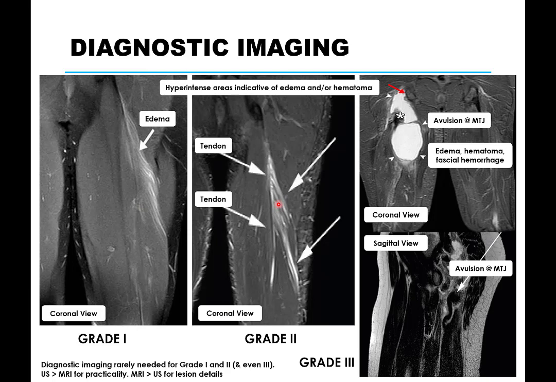Now, in the grade 2 strain image, you can see much of the same thing, but with greater hyper-intense spots, which again would indicate greater edema and thus greater ruptures. You can see the ruptures along the proximal MTJ, and you can also see ruptures that occur on the distal MTJ, the MTJ that connects the distal part of the muscle to the distal tendon that attaches to the lateral aspect of the knee. And in the grade 3 strain, as you see here above, there is a clear sign